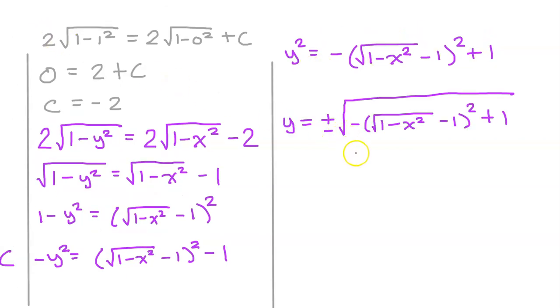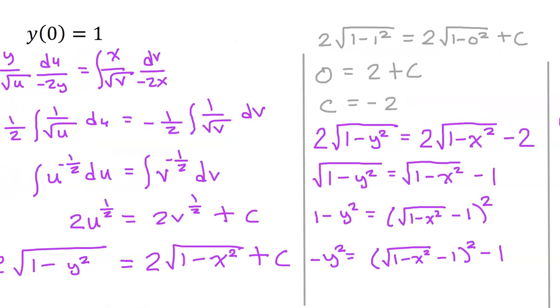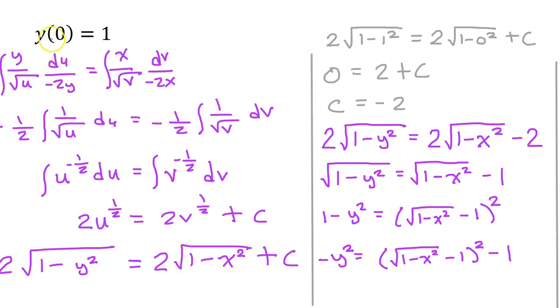We are almost done, but not quite. The reason is because of the plus or minus. Only one of these is the correct answer. It is either plus or minus, but not both. So how do we decide which it should be? We need to look at the initial condition. When x is 0, y should equal 1,